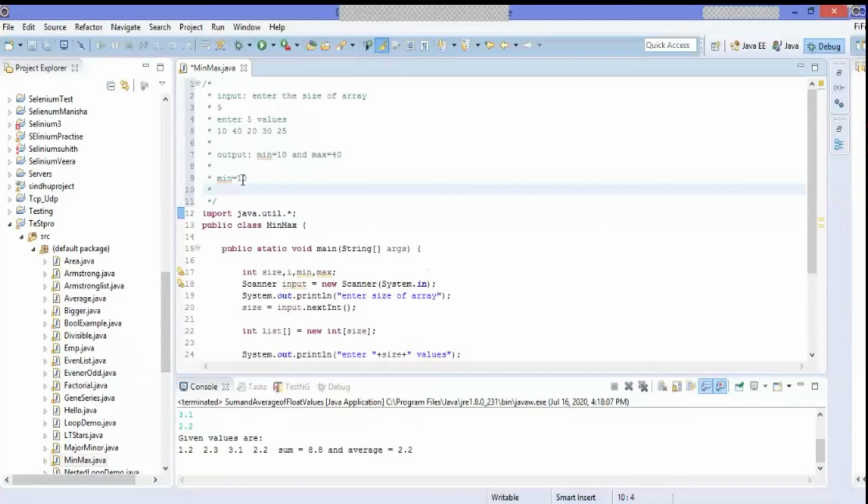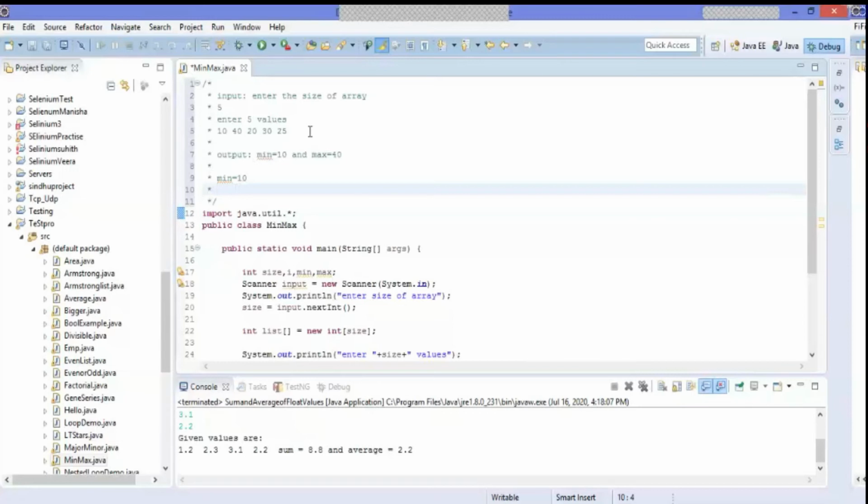So that means whatever we consider as the minimum value, that is a wrong assumption, so we need to replace it. But here 40 is greater than 10, it's not less than 10, so our assumption is right, just keep on to the next value. So what is the next value? 20. So is 20 less than 10? No. So again continue to the third value. Is 30 less than 10? No. So again continue. And is 25 less than 10? No. Continue. So is there any other value?